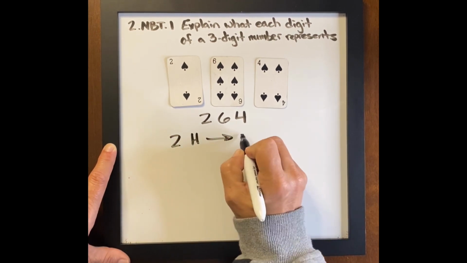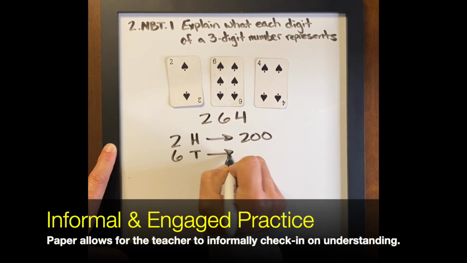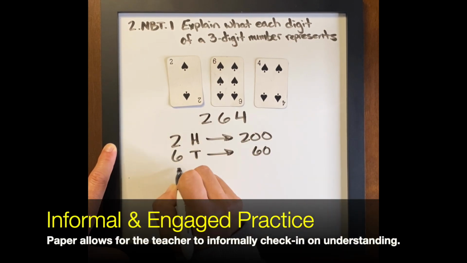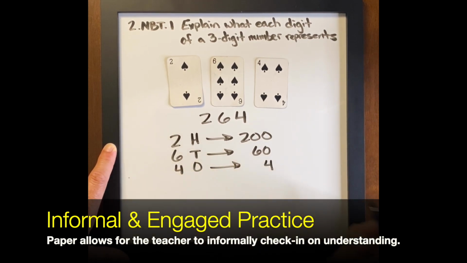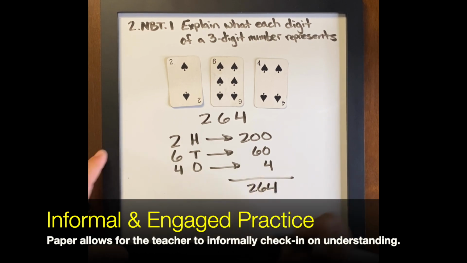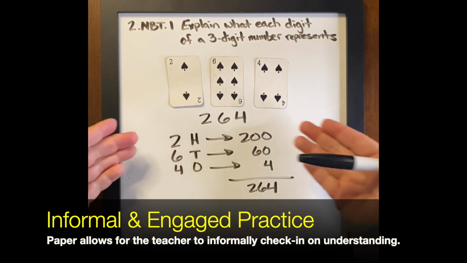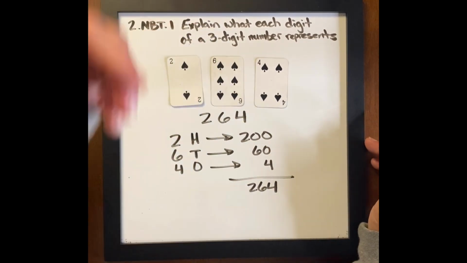That is the value of 200. 6 groups of 10 has a value of 60. 4 groups of 1 has a value of 4. And that is 264. So here, as students are writing this out, you can walk around as the teacher, asking them to explain